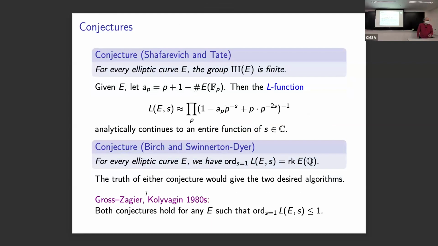There are some conjectures that would imply that you can solve these problems. One of the conjectures is that this obstruction group, the Shafarevich-Tate group, is always finite for every elliptic curve. And the other conjecture is one of the Clay Millennium problems, which is the Birch–Swinnerton-Dyer conjecture. For this one, I have to introduce a little bit of notation. So if I start with an elliptic curve over Q,